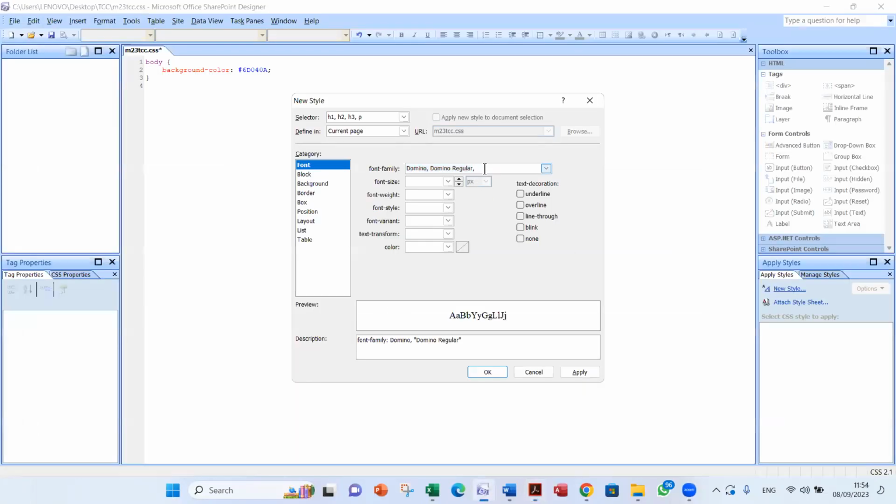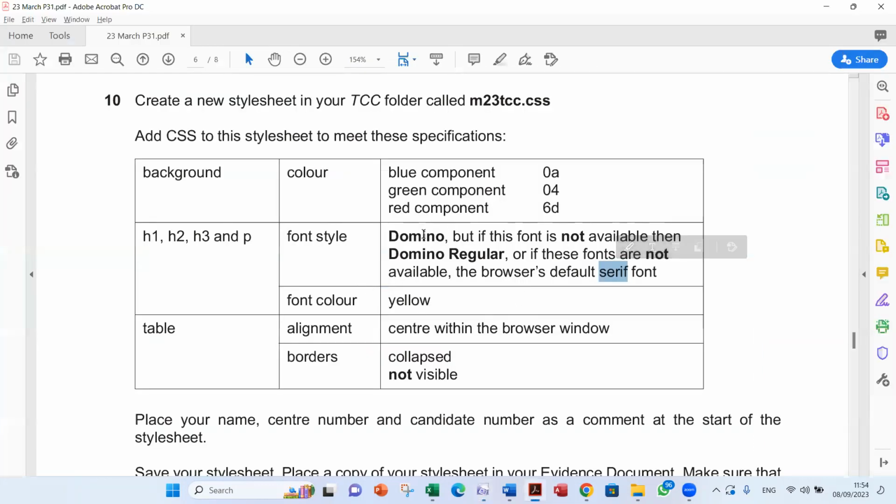So it should be written like this: Domino, comma, Domino regular, comma, and then serif. And SharePoint Designer will put Domino regular for you between speech marks because the font name has a space. Copy them from here. Domino, comma, Domino regular, comma, serif.